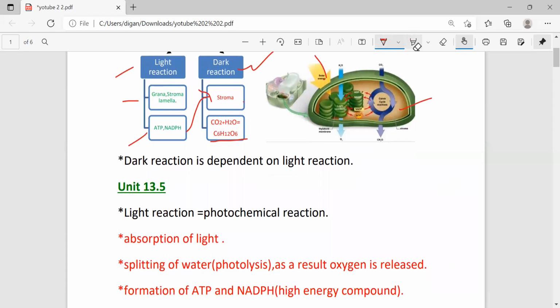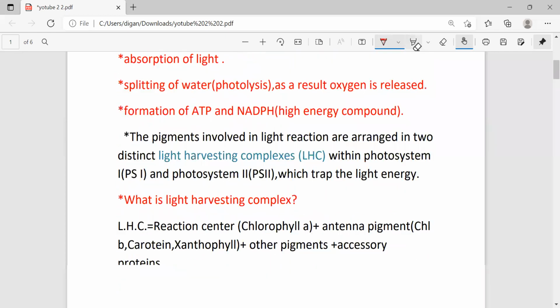So we can say that dark reaction is completely dependent on light reaction, because dark reaction needs some energy, and that energy is produced only in light reaction. Now come to the light reaction. Next topic, light reaction. In your NCERT book,